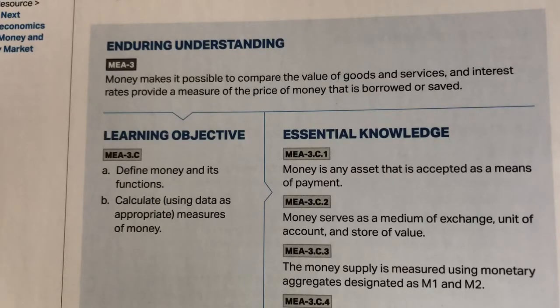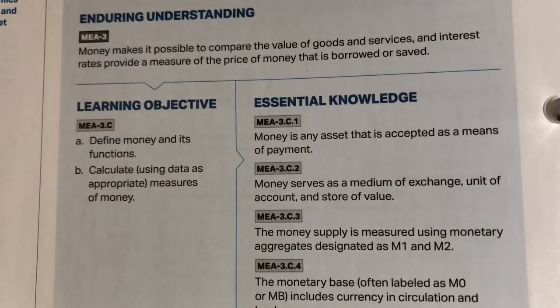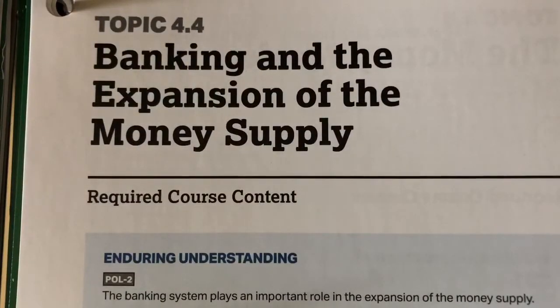We talked about the money supply as being measured using monetary aggregates designated M1, M2. M1 is what we have on hand in our demand accounts. M2 is our long-term savings, and M3 is long run. And again, monetary policy and what banks lend out is really based on what we have in our savings. So the banking industry can increase the money supply through